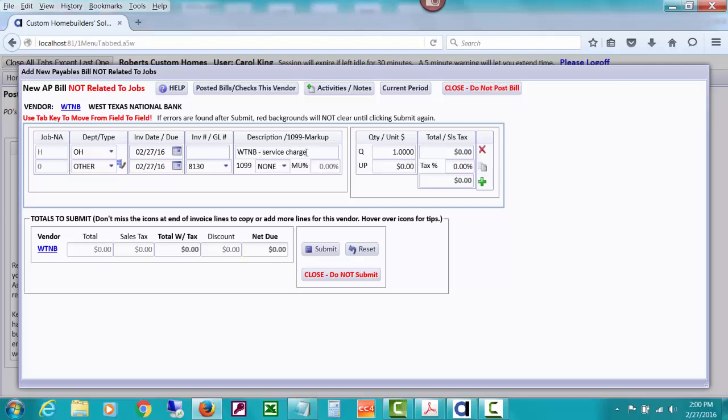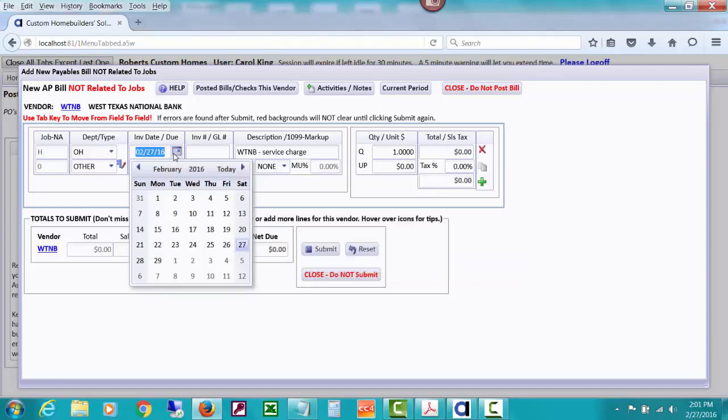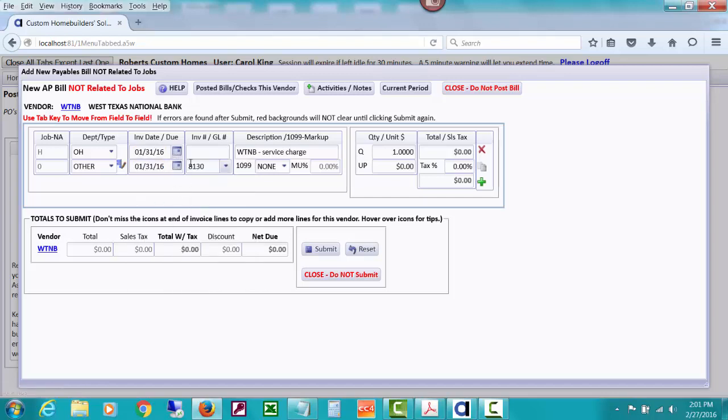So I had a default description on my bank of WTNB service charge, a default GL of bank fees. I have it going to my overhead department, and let's say it's the end of the month, or let's post last month's, since we're a little ahead of the end of the month there, and you just put January 2016 and leave that description, and let's play like they charge us $12. So that debit is on our bank statement. A lot of times this is when you'll see it, and so you run over here and get it posted so that you get your cash account in balance. So I will just go ahead and submit this,